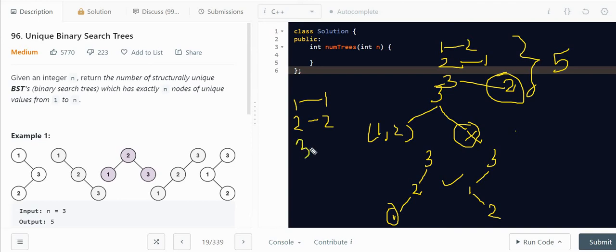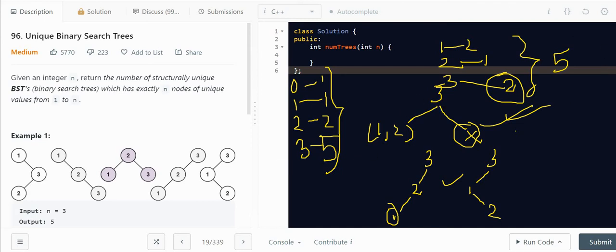And if I take 3 numbers, the result comes up with 5, right? And if I take none, there is also one possibility, because here you can see this is none, so this is one possibility. So this is the kind of Catalan number. If you read about the Catalan number, you will easily find.